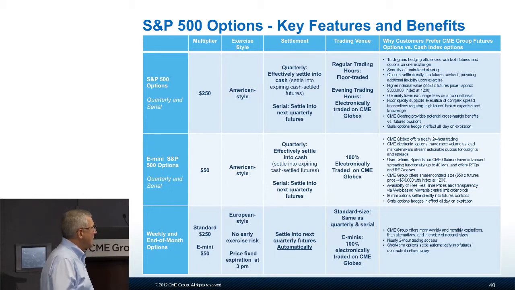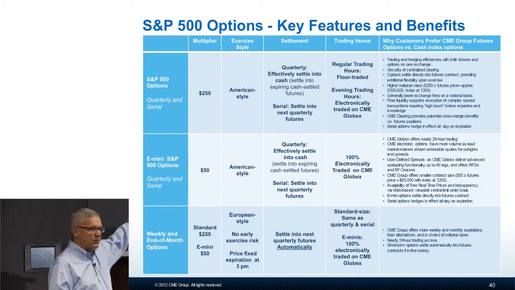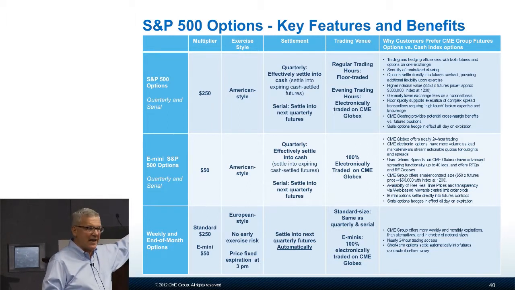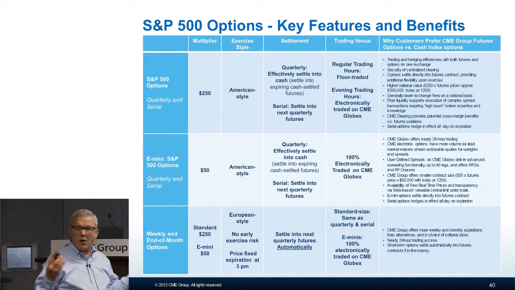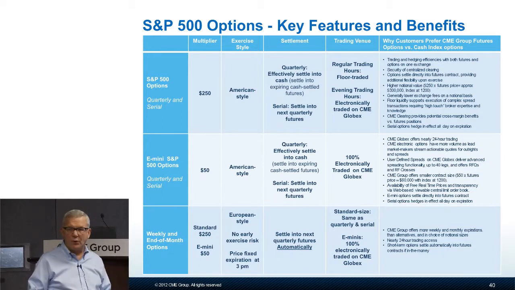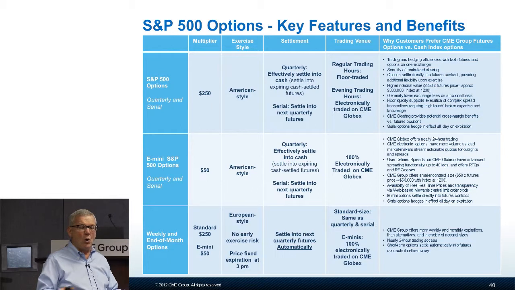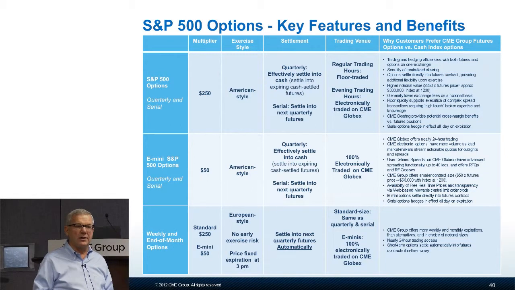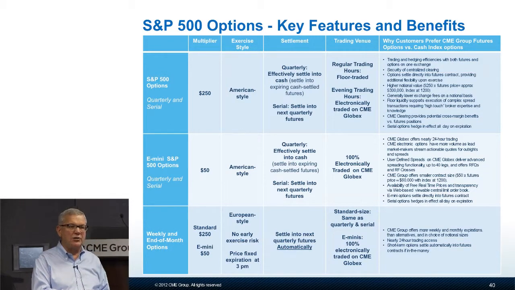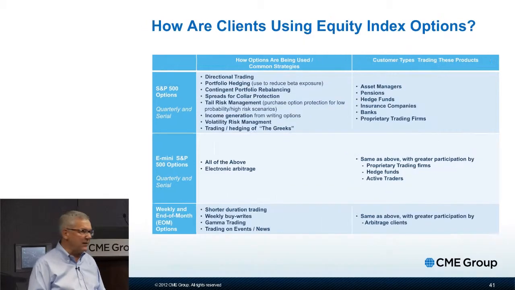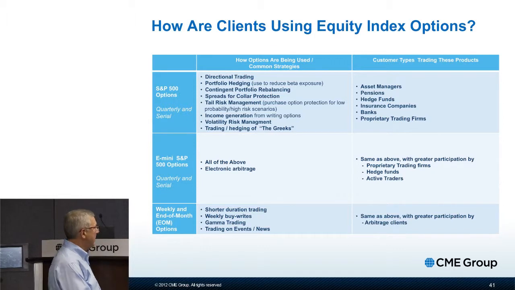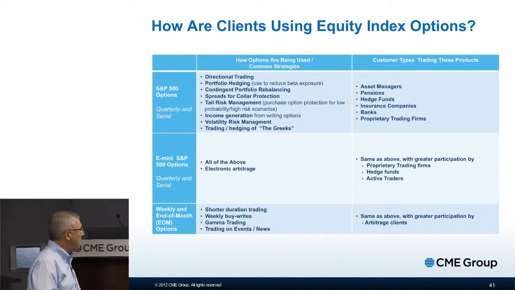So we have a lot of additional data here in our pitch book of why customers prefer our options to the cash options. Basically, both one-stop shopping, futures and options on the same platform, 24-hour trading. We trade more S&P options electronically than the cash options exchange does. Obviously, Spider options trade massively electronically, so we won't talk about those. So basically,